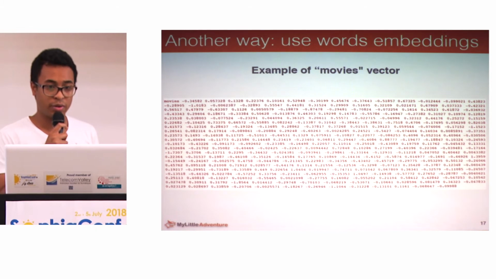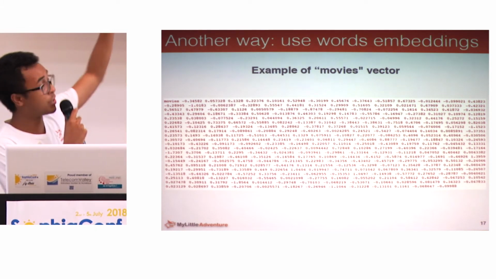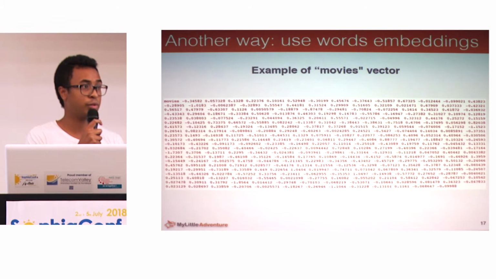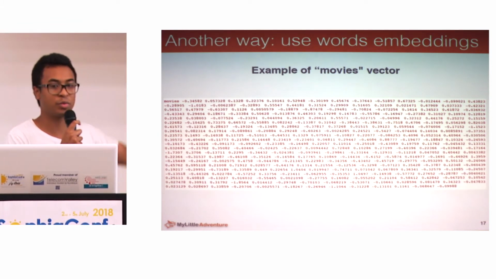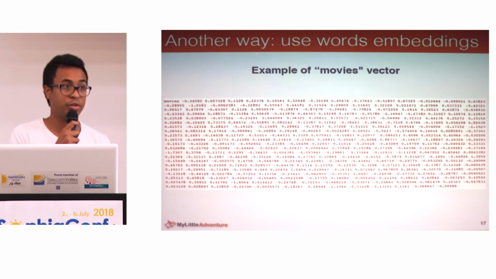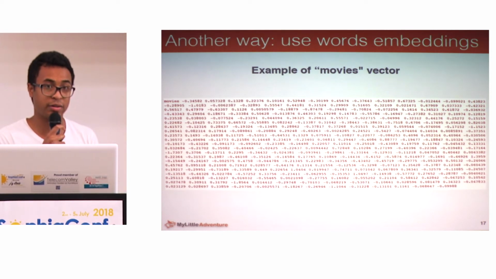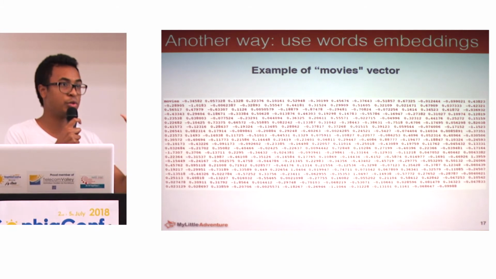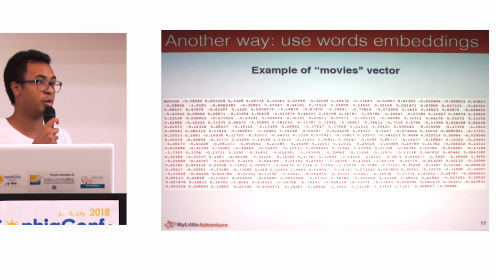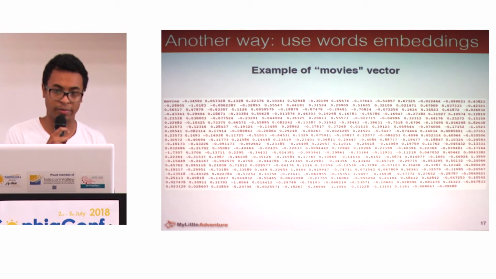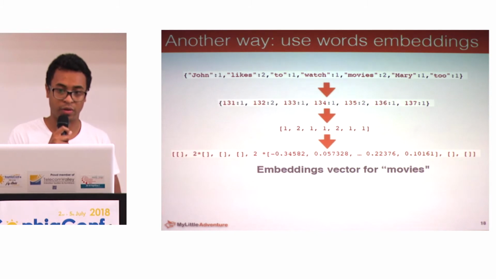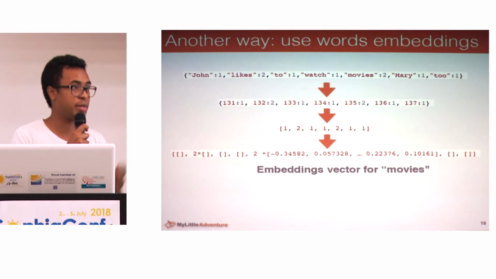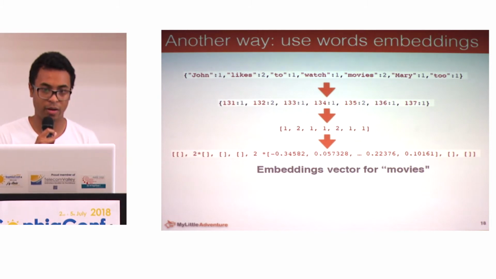If you are curious, this is what it looks like. We associate every word to a vector of n dimensions, and here, for example, movies is 300 dimensions, and this way we can have all the words that are really close to movies, for example, cinema or film, etc. Here is how we use this. This is not really like this, but you can have the same sense as previously.